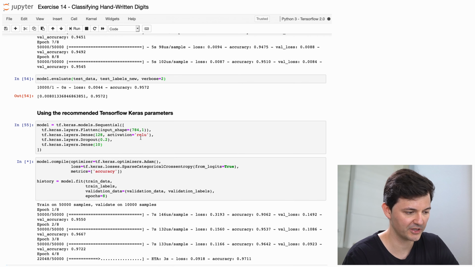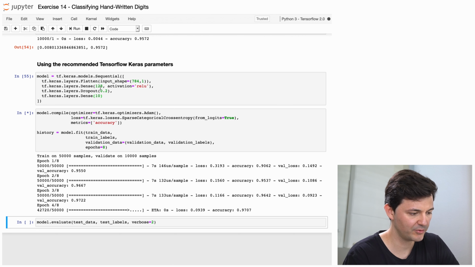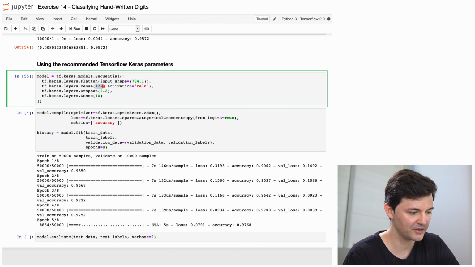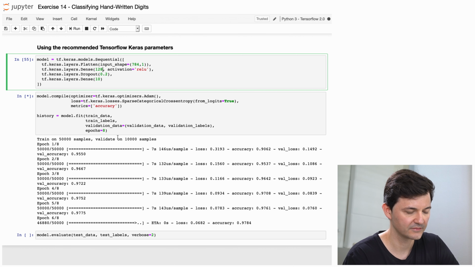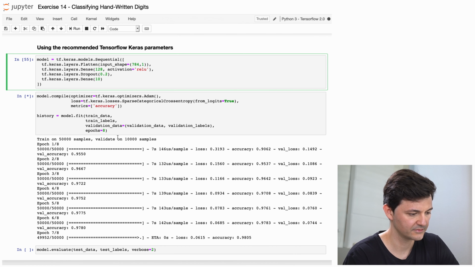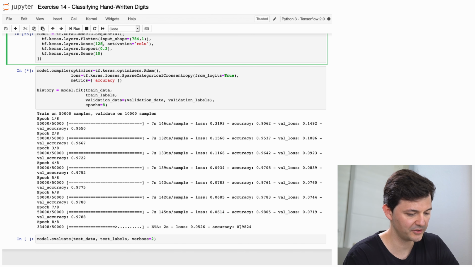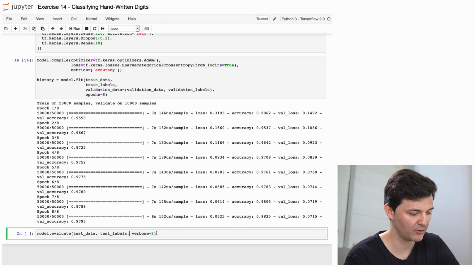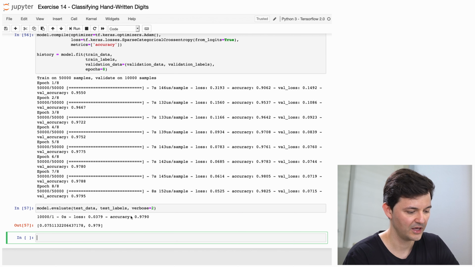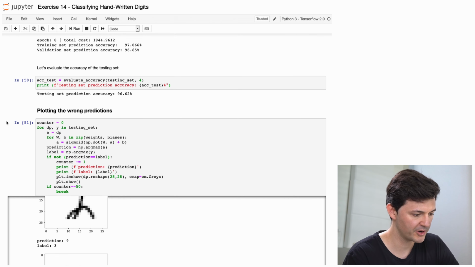It is actually a little bit slower than the previous one, but because we have 128 neurons in the hidden layer instead of 100 as we had before, but still it is a reasonable speed. As you can see, the accuracy on the training set is now very high, 98.25%. And finally, let's test this model on our testing data set. We get that it got an accuracy of 97.9%, so almost 98%, which is quite an improvement to our